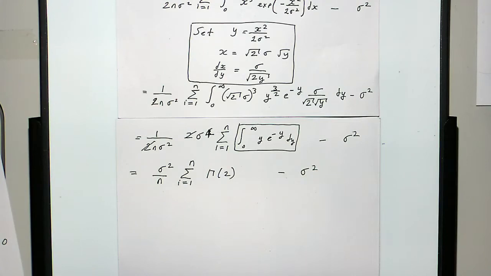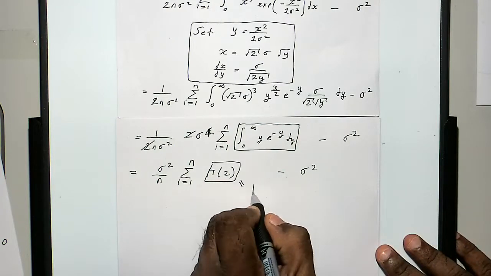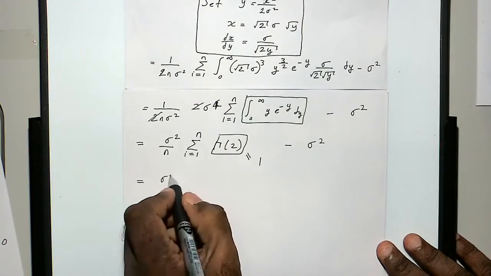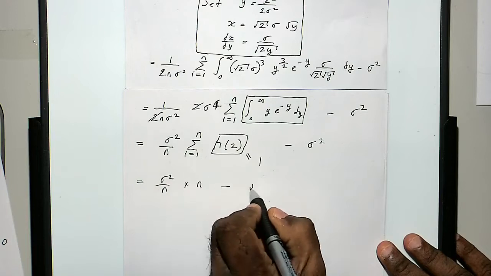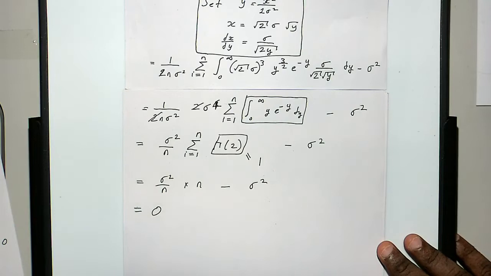And gamma function at 2, according to this property, is 1 factorial, and 1 factorial is 1, right? So this guy is equal to 1, right? So what you have is sigma squared divided by n, and the sum of 1 is n, minus sigma squared, which is 0, right? And hence,